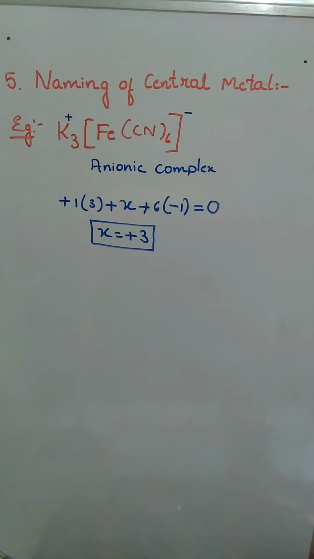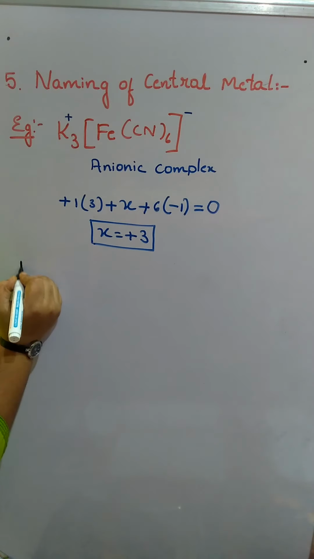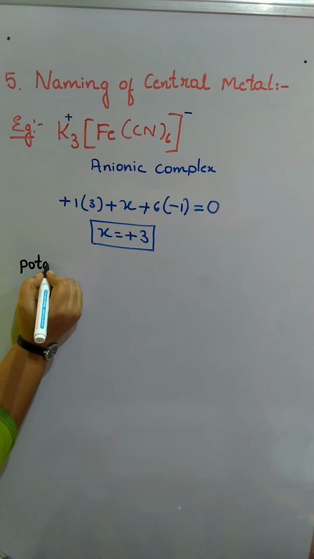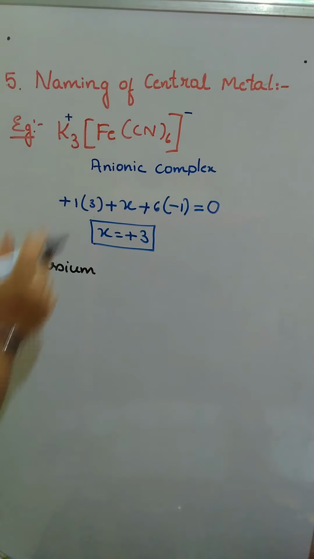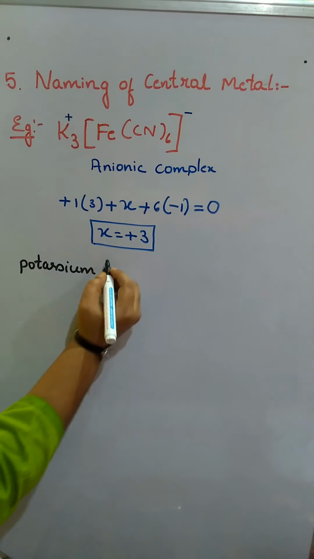Now we shall start writing the name. So we have potassium as the counter ion. Leave some space, then you start with the complex entity. In the complex entity or coordination entity, ligand has to be named first, then it is followed by the metal. So the ligand is only one type we have, cyano or cyanide, either name you can write. But how many cyano groups are there? 6 cyano groups are there, so it is hexacyano.